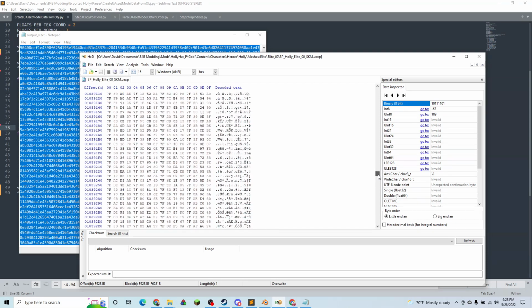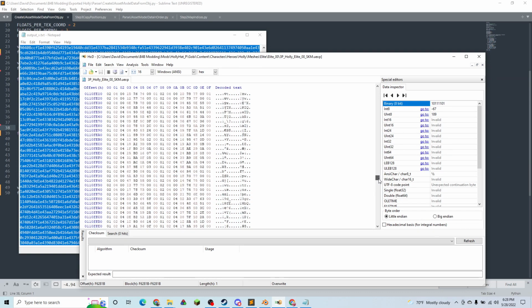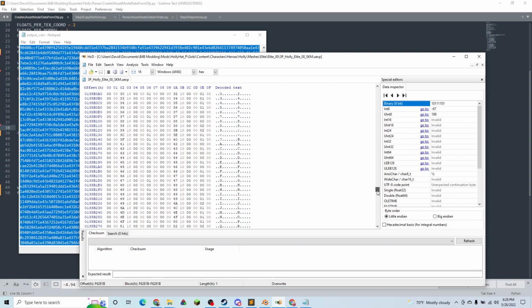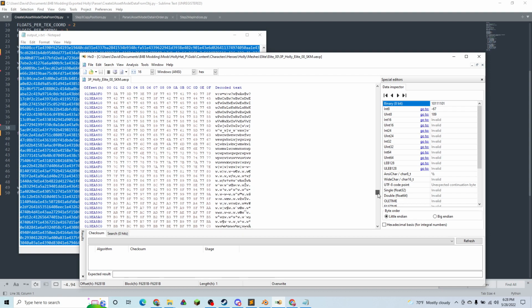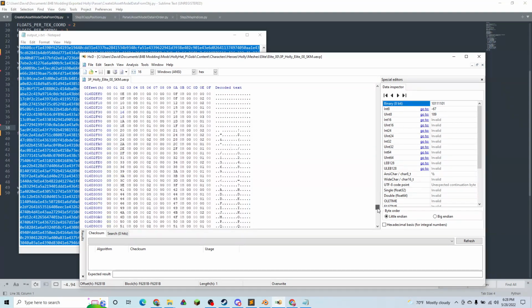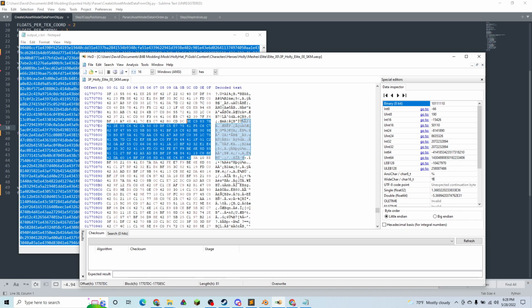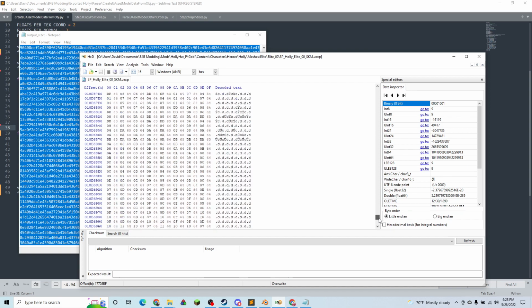So this is LOD1. You can see the 7Fs. We can scroll down a bit and we'll find LOD2. We can scroll down a bit more. And this looks like LOD3 here. Scroll down some more. We've got another one. See, I'm just looking here for the 41, 42, C0. And then the last one at the bottom. So right now I'm only going to do LOD0 for the sake of this video, but if you wanted to have a mod that worked in all situations under all graphics settings, you'd have to change all 5 of those